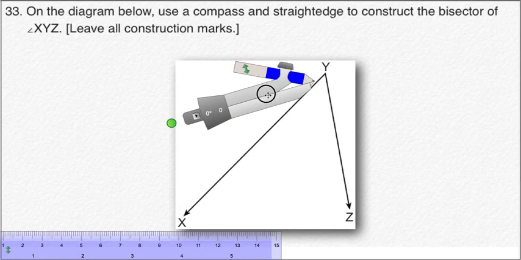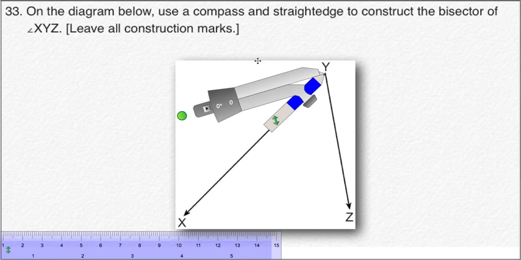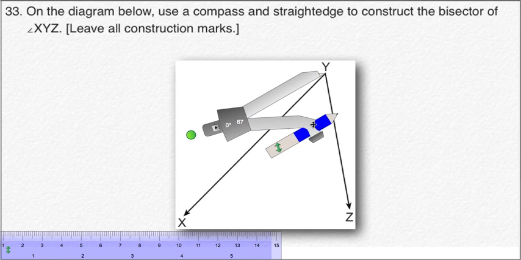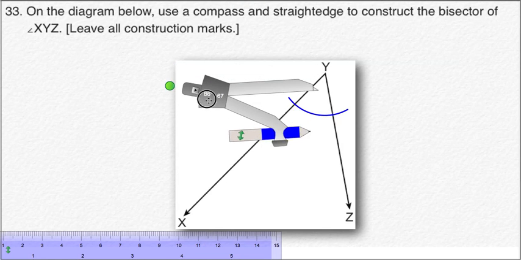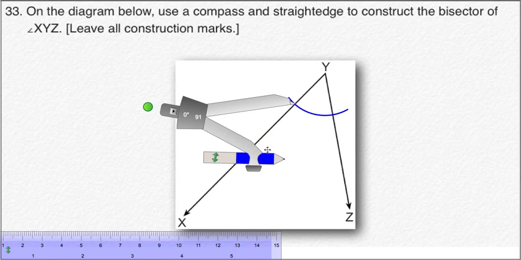First take out your compass and put it at the corner of the angle, and then bring it out a little bit and draw an arc. Now you can change it or you don't have to change it, but now you have to go to the intersection between the arc and the ray of the angle and make sure you go more than half, and then